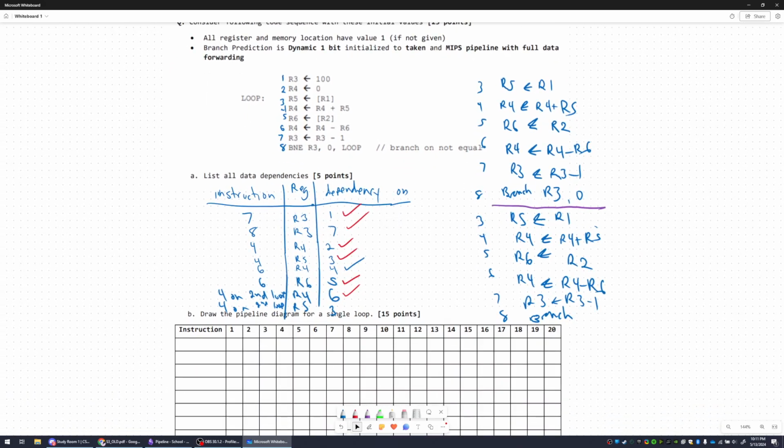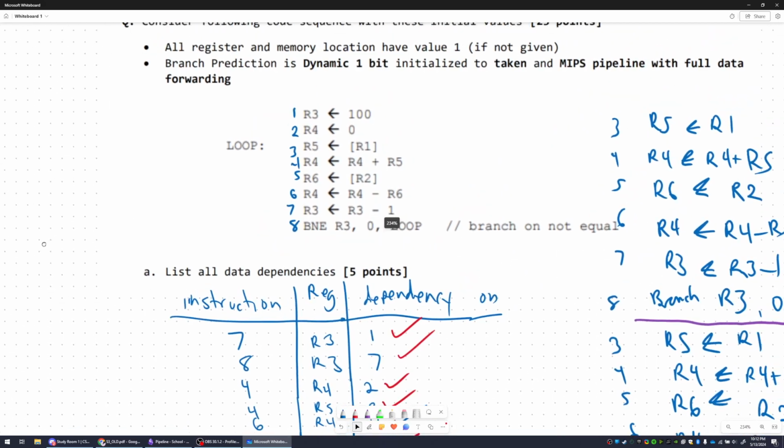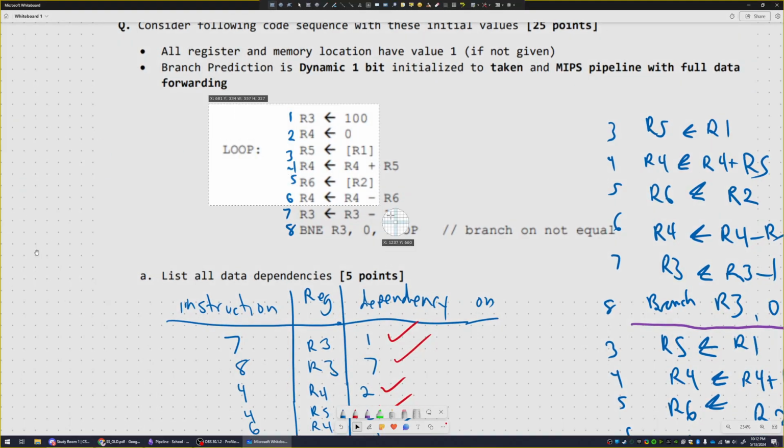All register and memory addresses are initialized to one bit, yeah, dynamic one bit, initialized to taken, full data forwarding. Okay, and no, okay, this part,